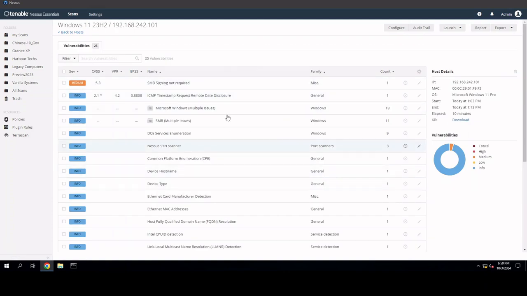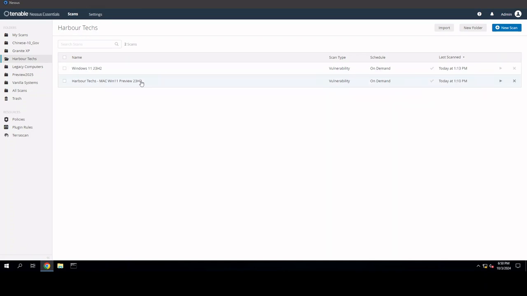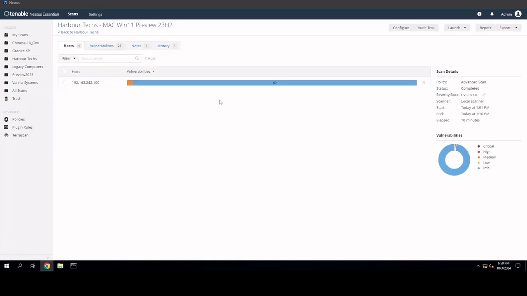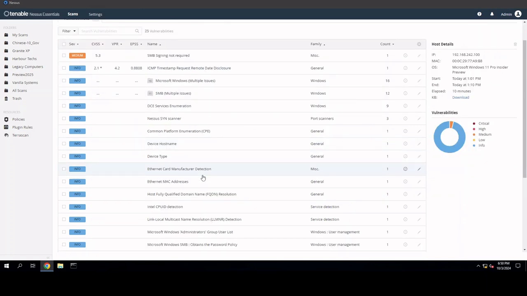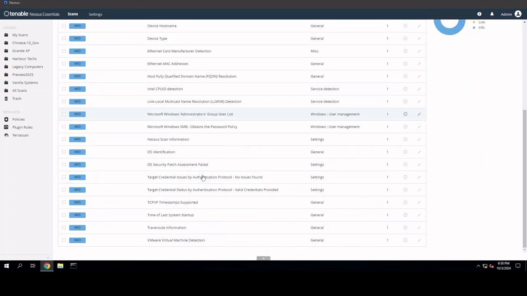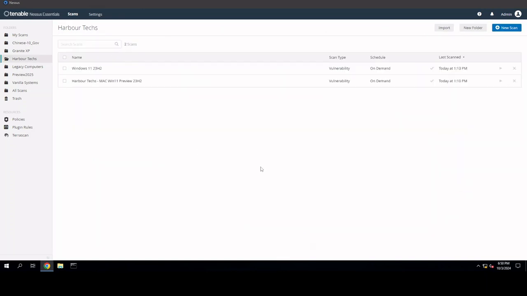We have 61 info and 1 medium. And the medium, again, is the SMB signing thing. So that's a known issue. That's relatively easy to fix. So not really overly concerned with that. The fix for this is actually in the wiki, if you guys are really interested in that. But that said, 61 info and 1 medium. That's the out-of-the-box configuration, the Vanilla Edition. If we jump into the Harbour Text Edition, we have 60 info and 1 medium. So we're actually a little better, arguably better than the configuration for the vanilla version. And I think based off of that, the SMB signing thing again,